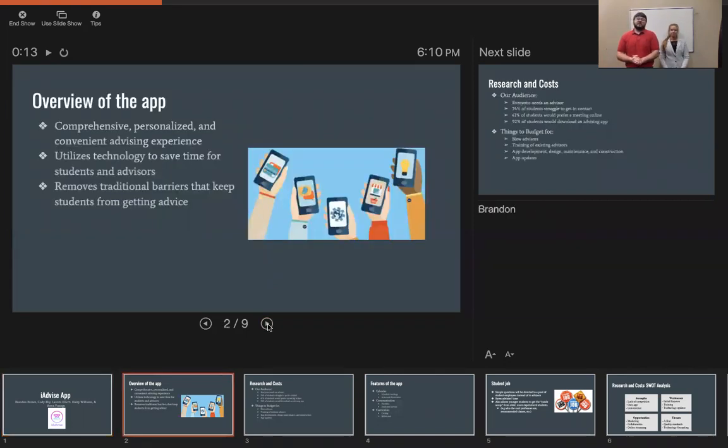All right. So just to start you off with a little bit of an overview of the app. The iAdvise app is designed to be a comprehensive, personalized, and convenient way for students in the Haslam College of Business to get information about their advisors and to schedule advising appointments, look at their calendars, things like that. Really what we're trying to do is use technology to break down the barriers that traditionally keep students from seeking advising information. Whether that's time barriers, you don't have the time, or maybe you're too socially anxious to go see your advisor. Whatever the reason is, we're trying to make it easier for you to get